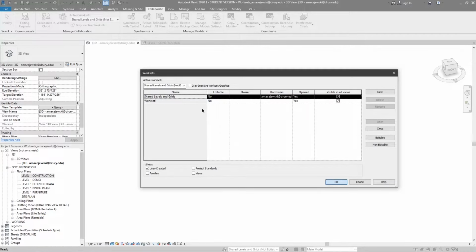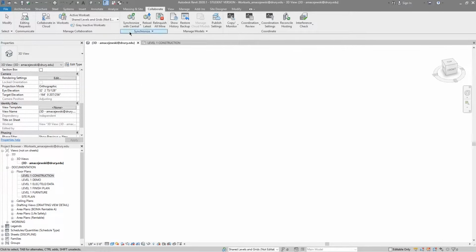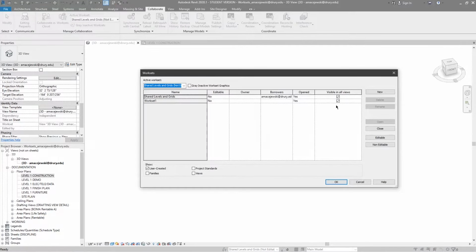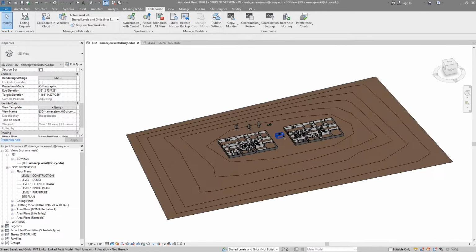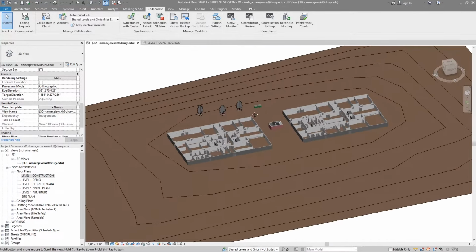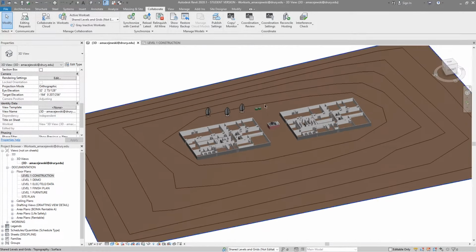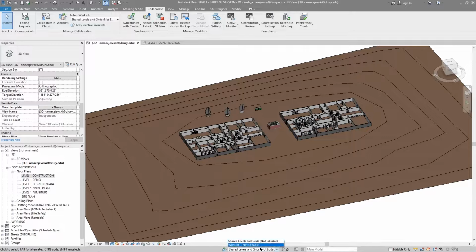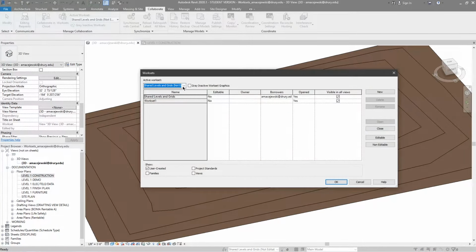I will hit OK, and because I made shared levels and grids visible in all views, I should be able to see it in 3D right there. So it's all back, and you could also see your work sets down here at the very bottom of the screen. You can see all your work sets here. And so what I'd like to do now is show